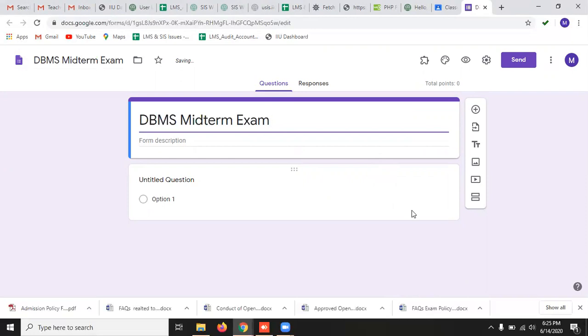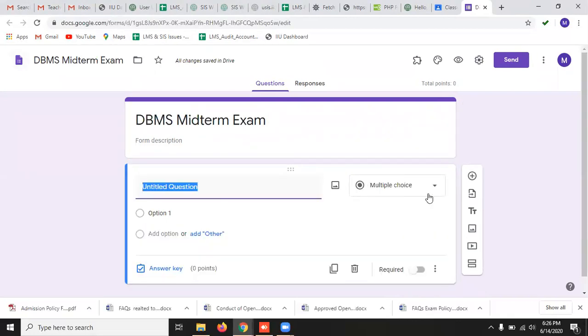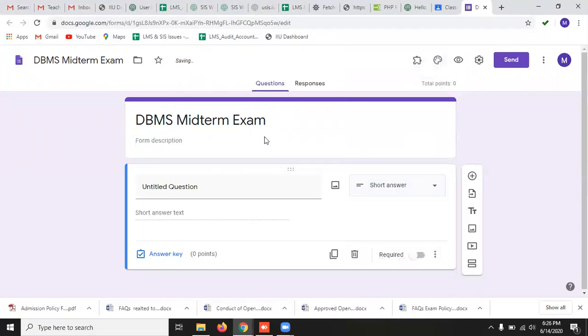Whenever the student signs in with the IIU email address, the IIU email and the timestamp when he or she has submitted the answer file will be recorded here. I only have to make a question here with the type short answer as name, and I will mark this name field as required so that the student must enter his or her name here.